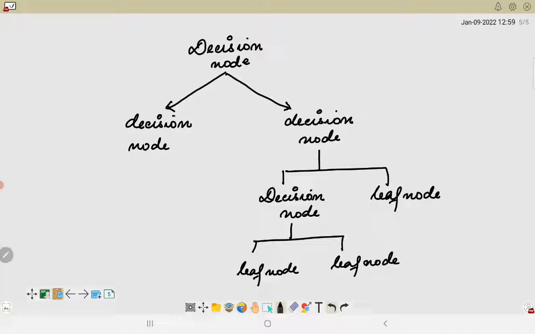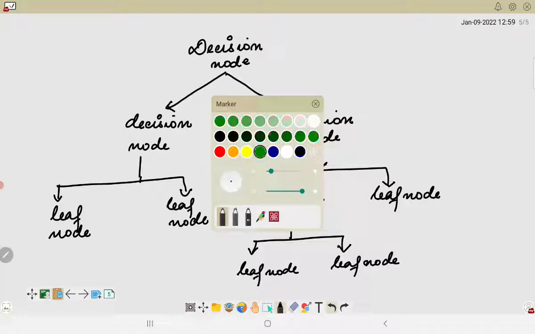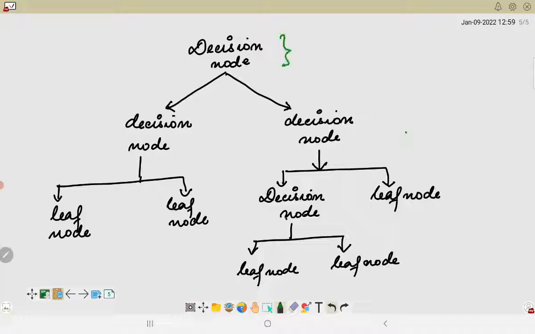We will also see with an example how these decision nodes, branches and leaf nodes take care of the problem and find the solution. Once we have reached a leaf node, there will be no other decision node which could be generated from it. Now if we are looking into this particular structure, this is basically the root node.